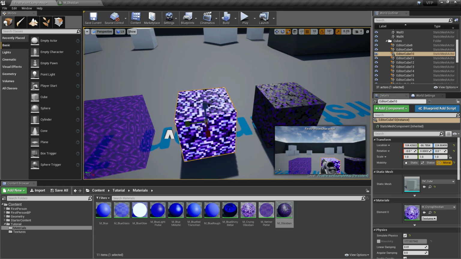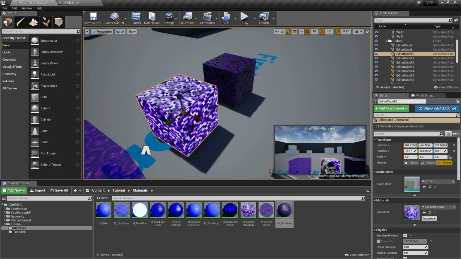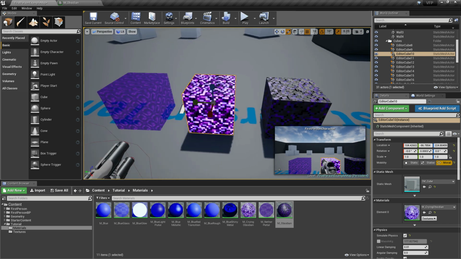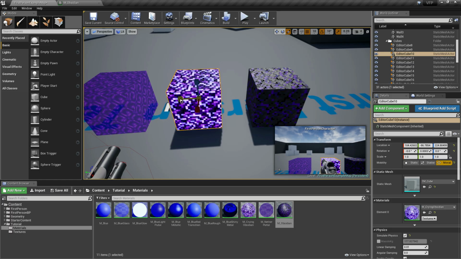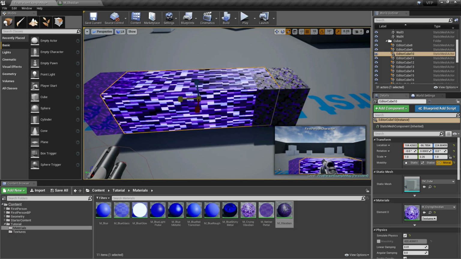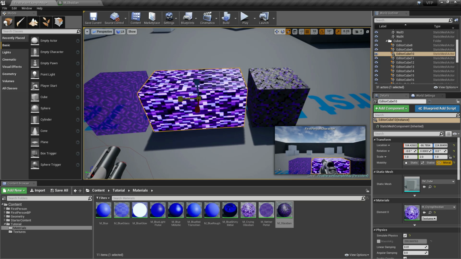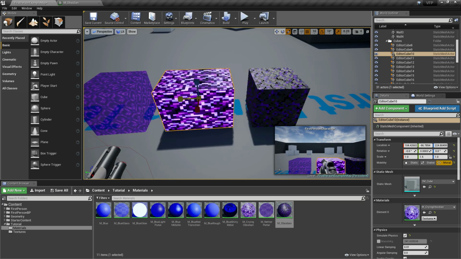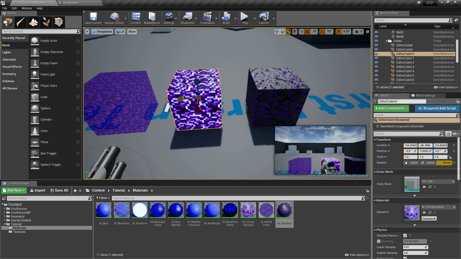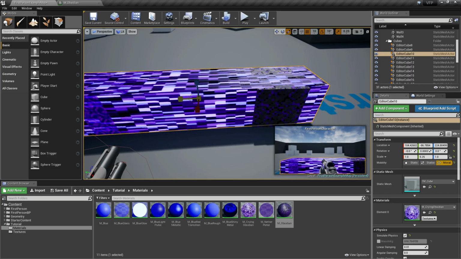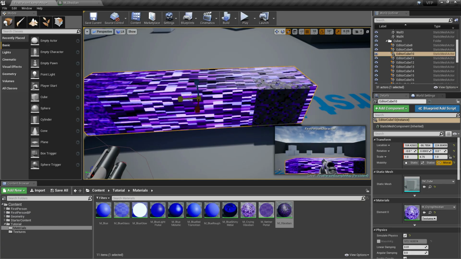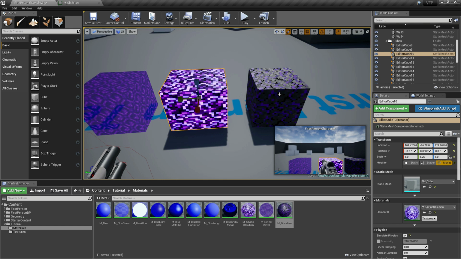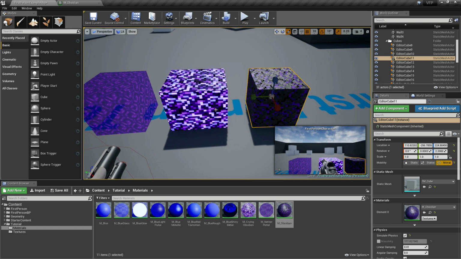Unlike the material with the local UV coordinate, once we resize the object, the texture will be resized, just like what you see on the crying obsidian. The texture is resized together with its object. So that's the difference between the UV coordinate and the world space coordinate.